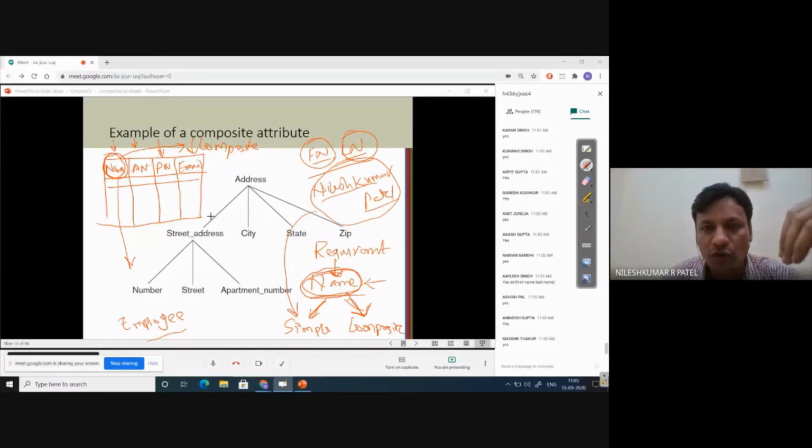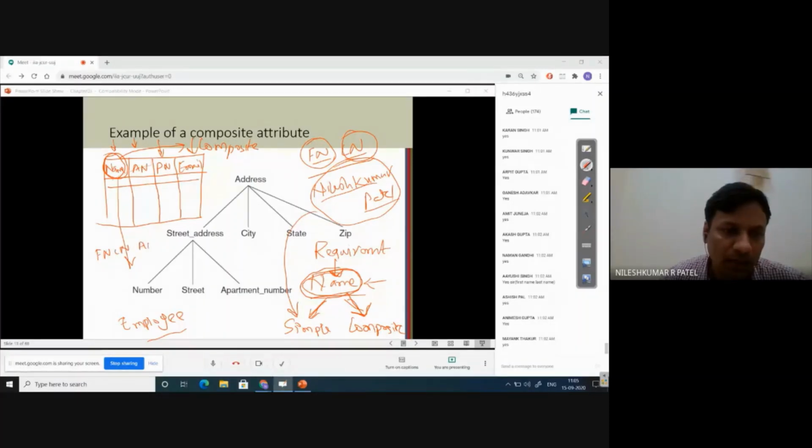And if you do not want to divide the attribute name into components, we will go with a simple attribute. So if you go with the composite attribute, my table will be different now. My table will have one column with first name, a second column with last name, Aadhaar number, phone number, and email. So now instead of 4 columns, my table will have 5 columns.